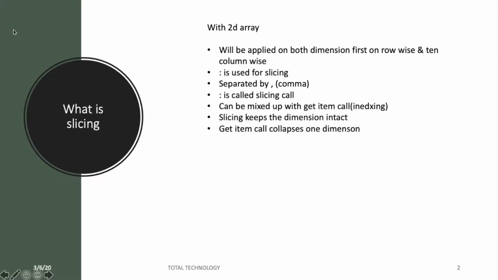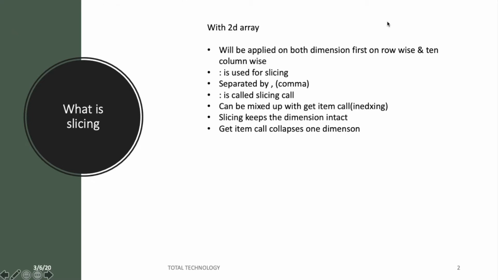So I have come up with this sort of slide for slicing. I'm not sure how you guys are going to feel about this, but this is not going to be a dry sentence or only a slide. I will explain each and every point from the coding or hands-on point of view. First of all, I'm going to explain with a 2D array. So what is slicing? Slicing will be applied on both dimensions. If you have a 2D array, you will definitely have rows and columns. So first slicing will be applied on the row, and after that